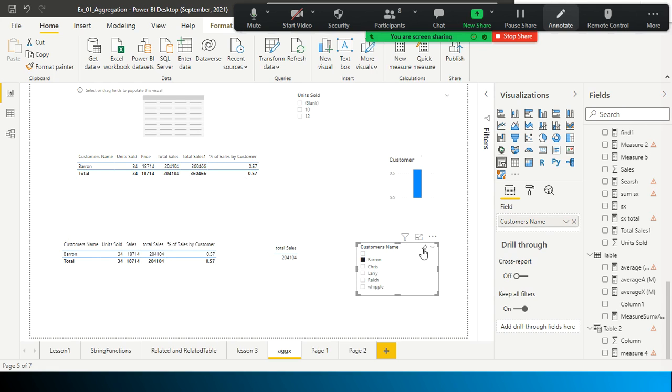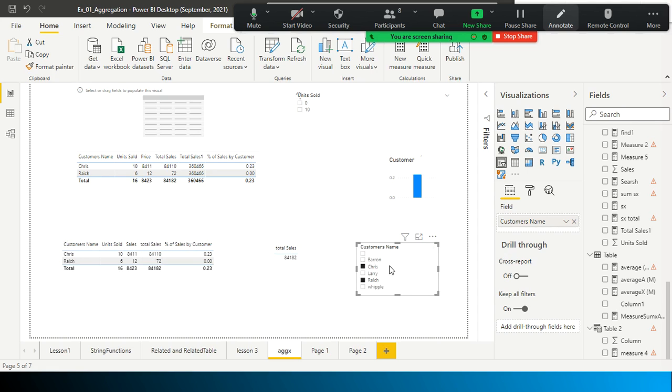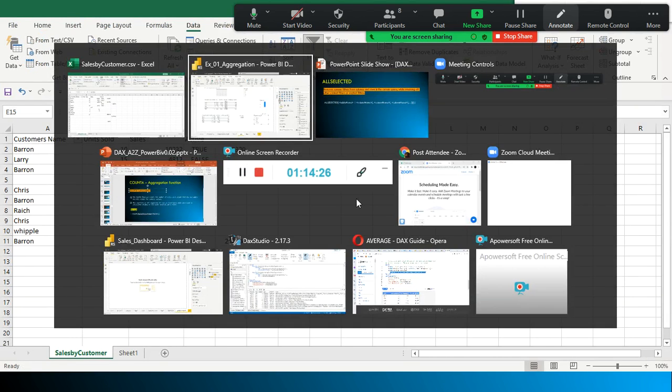36046. Okay, let me just clear this one. Yeah, 360466, right? Even if you change the filter context here with the external filter, when you apply the external filter on your table, it is doing that. But in the case of all selected, whatever external filters you selected, those will be applicable, whereas the row and column filters will not be applied. We will see we have two more functions like all functions.